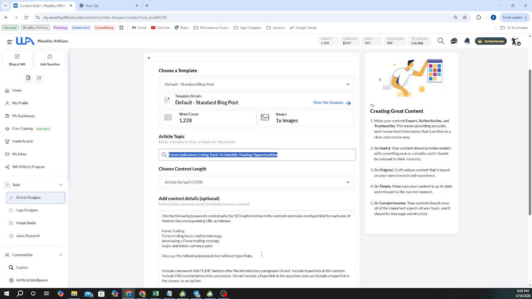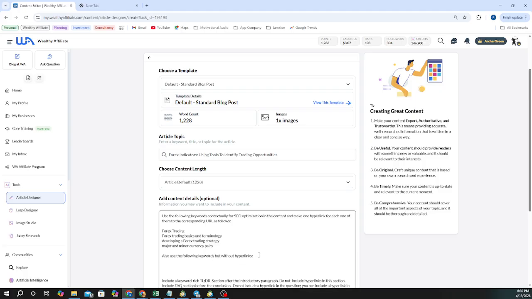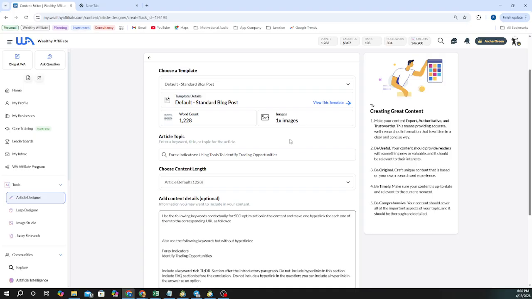So we'll take the forex indicators and this, and then we will go to this section, the one without hyperlinks. Control V. I didn't take the F. Forex indicator, and then for this I'm going to hyperlink,